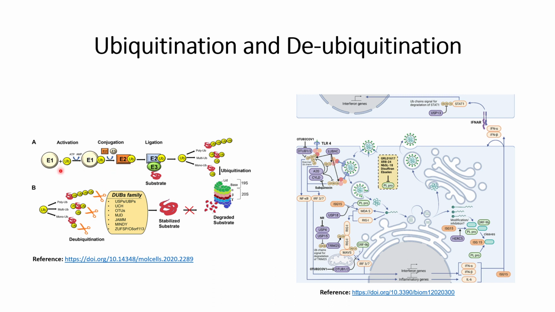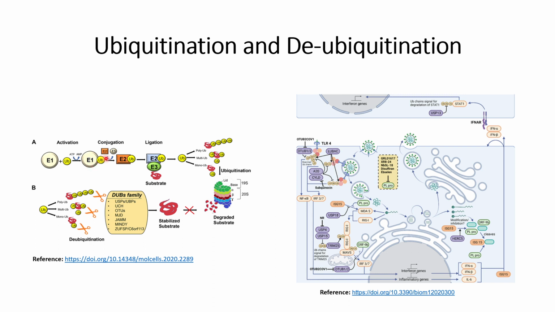So what happens first is that the E1 enzyme binds with the ubiquitin. This is a small protein that is usually present in every cell, in every tissue at different parts of the body. This ubiquitin first binds with the E1 enzyme, which leads to activation of ubiquitin, and after that the conjugation occurs